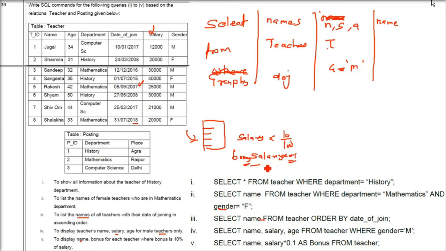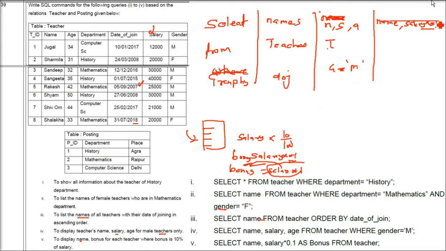You have to write salary into 0.1, but you will not find it good if a table has the column heading as salary into 0.1. It will not be good. So what we'll do? We'll select name, and then salary into 0.1 as bonus.